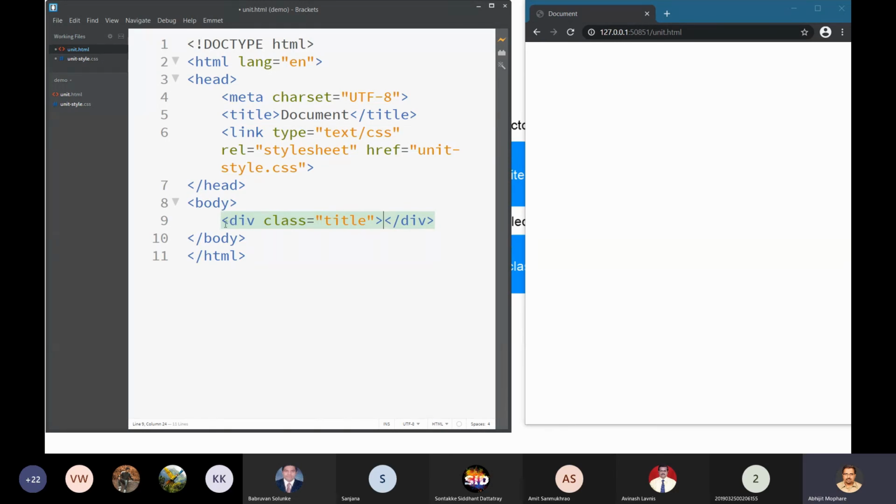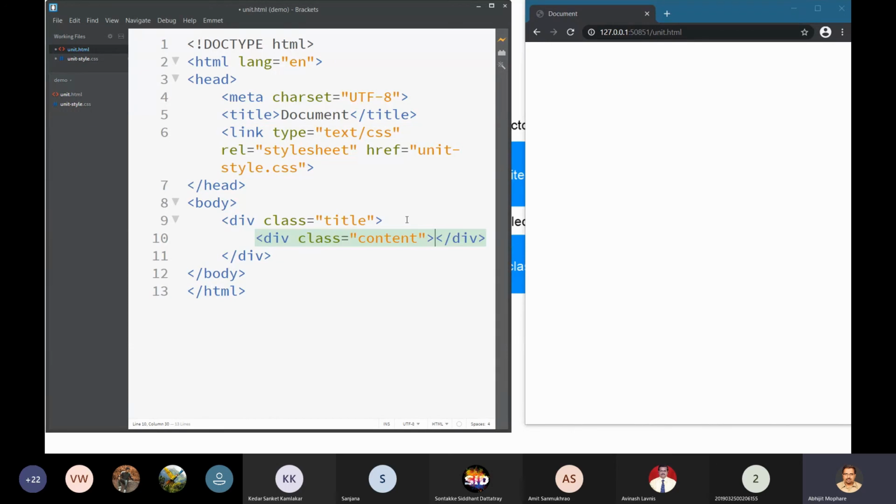Normally this is the common practice in layout design: we first work with the div, we create the layout, and later within that layout we place the different elements. So this comes very handy to create different layouts. Here I will say content class, press tab, so it will create a content div, and then here I will create an explanation.